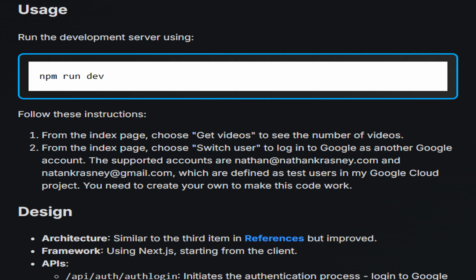Follow these steps. 1. On the index page, click Get Videos to display the video count. 2. To switch users, click Switch User and log in with a Google account. You can use the provided test accounts, nathan@nathankrasny.com or nathankrasny@gmail.com, or create your own in the Google Cloud project for